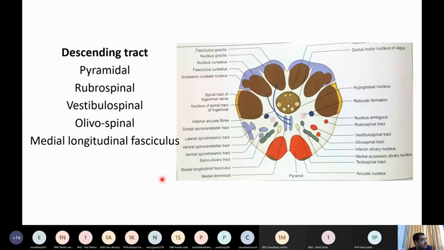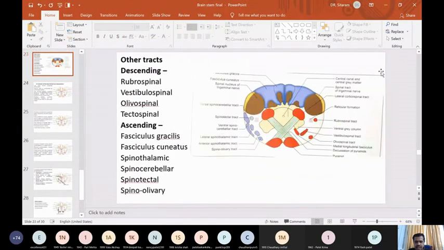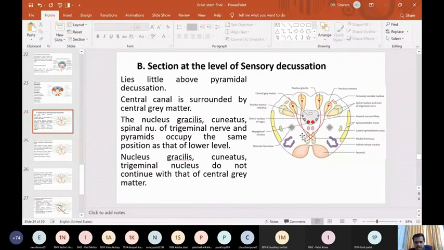Clear? So with that I finished the medulla oblongata at the second level. First we saw the medulla oblongata at the level of the pyramidal decussation, and later at the sensory decussation. The third level is the section of the medulla oblongata at the olive, or at the open part of the medulla oblongata. That we will study in the next